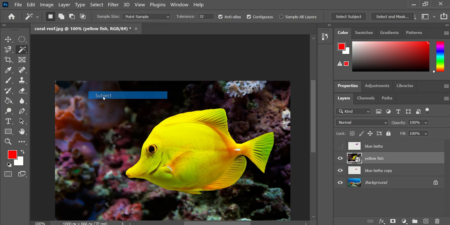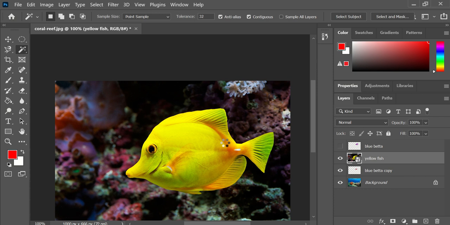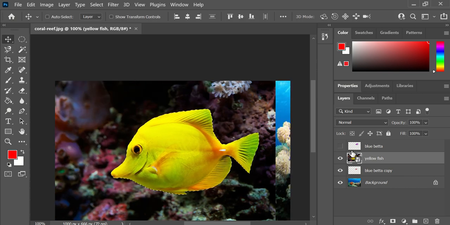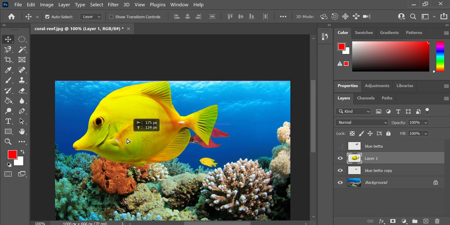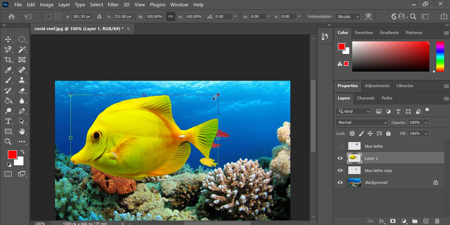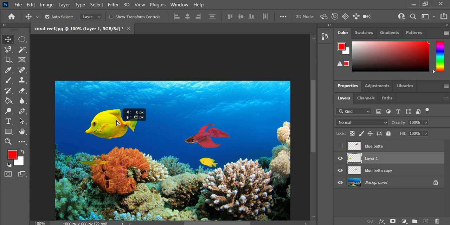Is select subject. And I'm gonna hit yes, and it's gonna think for a second, and it's like, what's the subject here? I think there's a fish. Oh, it selected the fish for me. And now I can copy that selection and paste it, and I'll delete this extra layer. Selected the fish out, like by magic. So now I can hit Control T, hold Shift and resize him, drop him down,